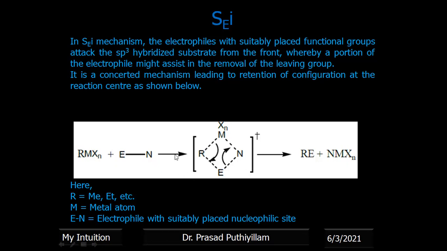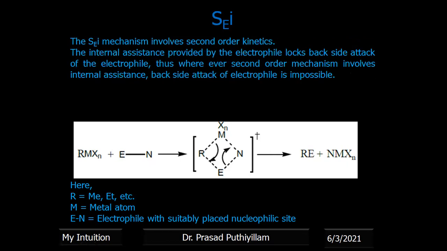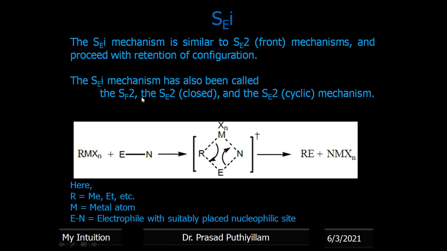Therefore, in the slow rate determining step, both the substrate as well as the reagent molecules, two molecules, participate. Therefore, it is a bimolecular mechanism, or we can say that it follows second order kinetics. It means substitution electrophilic bimolecular mechanism, in which a front side attack takes place, because I already said that